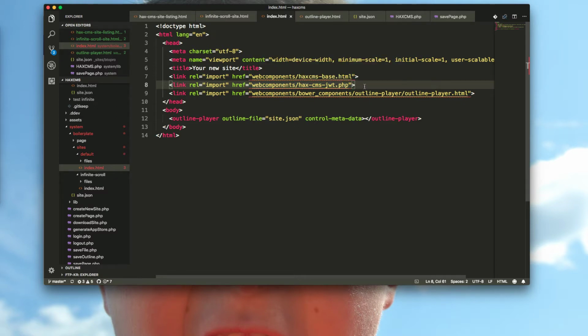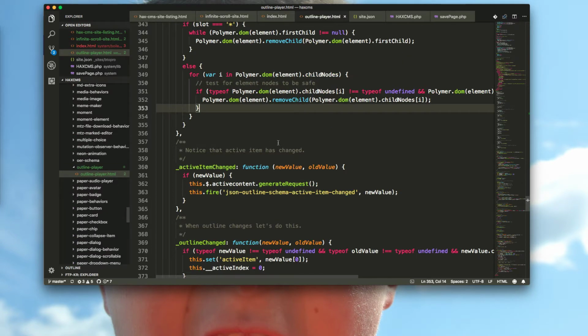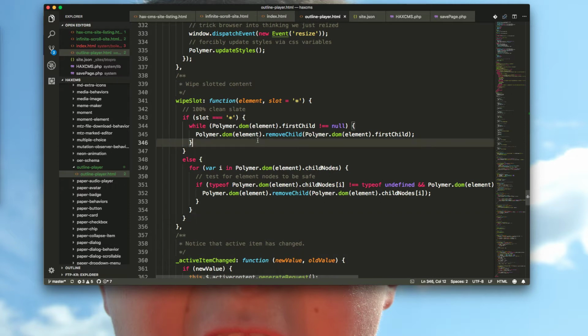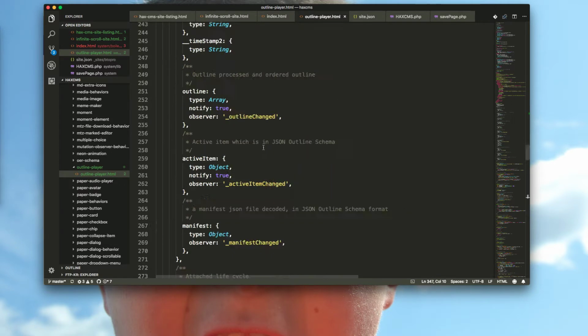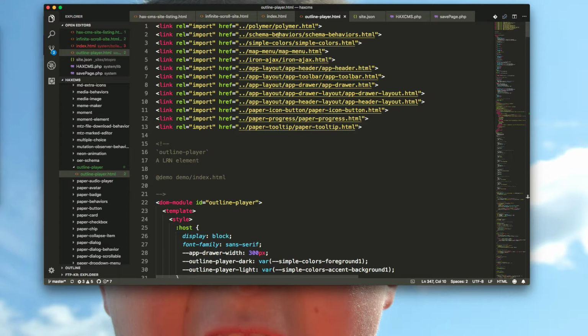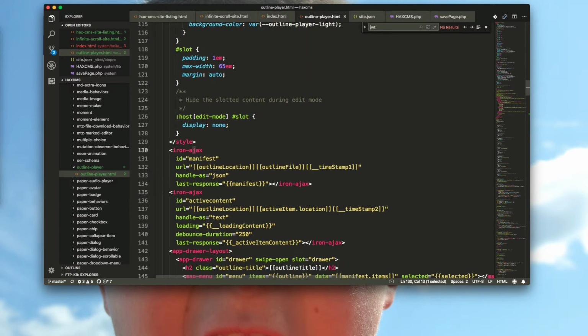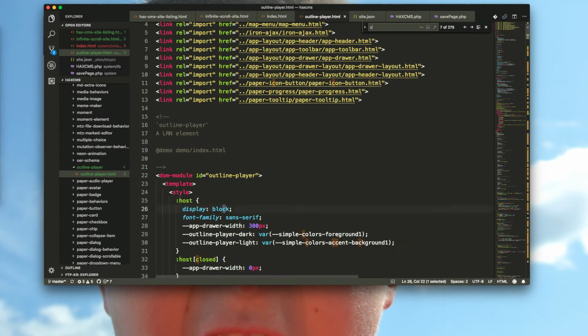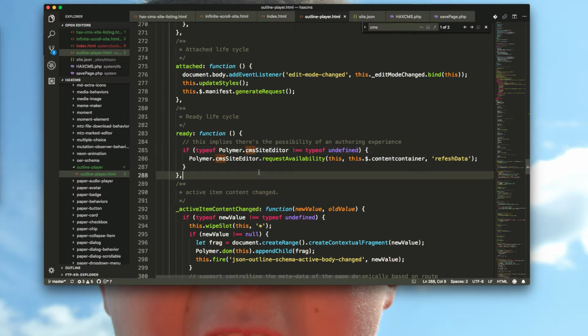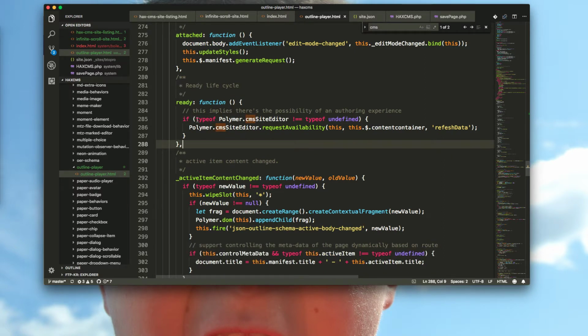This element now does all of the processing previously seen in the outline player element. So the outline player element is devoid of more or less everything that would be considered theming. If I look at the elements imported into my outline player, there's no JWT, there's very little anything. So what is happening is there's a CMS site editor. And so if you were to theme for